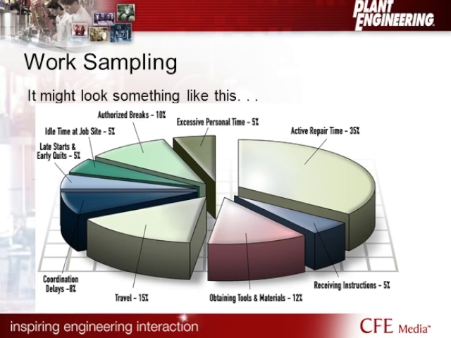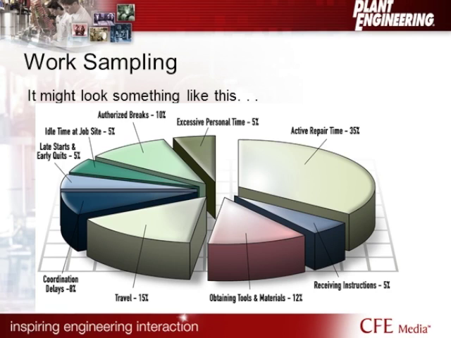The active repair time. Here we're talking about 35%. That means that mechanic is out there using his tools, using the trade, using what he does 35% of his day. My average client is probably closer to 20, but of course they don't call me unless they have a problem. So when I'm getting involved, many times they're not practicing best practice. They're not planning and scheduling, so their active repair time is a little lower. You might think a little bit about yours and see where it falls out.